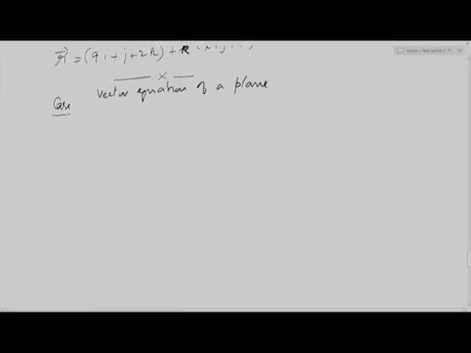Okay. The case 1, that is, let us assume that we are interested in finding the equation of a plane passing through the origin, and parallel to given vectors A and B. Okay. So, these are the 2 pieces of information we have, and for that what we do is,